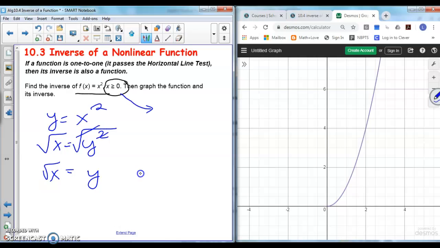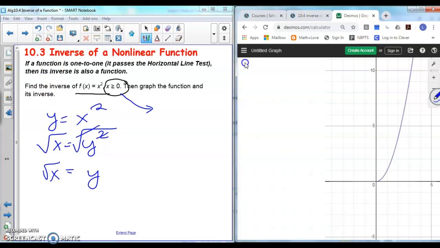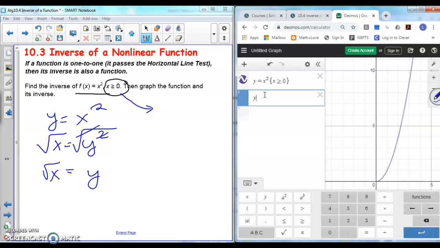So that means if you restrict the domain, then you're now limiting it to y is equal to square root of x. So let's graph that and see if it is a function. We have here y equals square root of x, okay? But remember, you're restricting it to